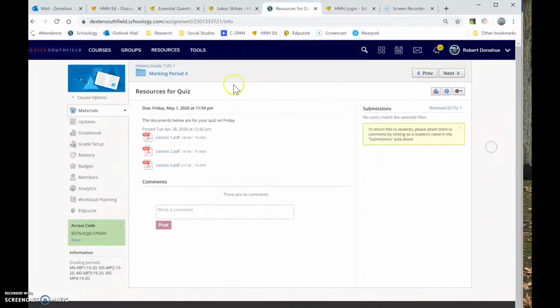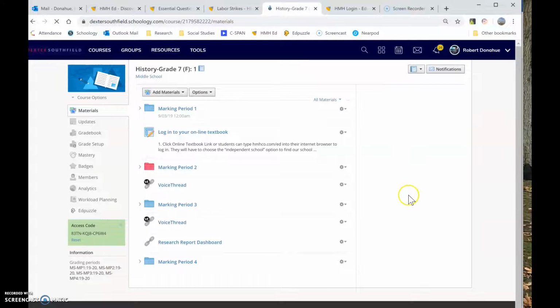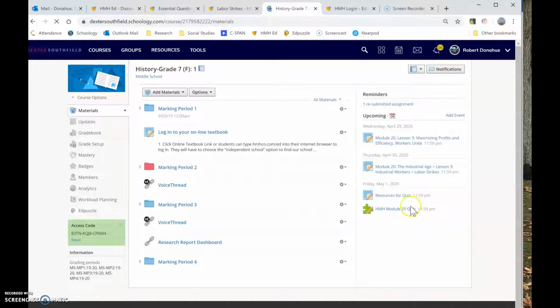So on Friday, going to our schedule here in Schoology, on Friday we will have our quiz. That'll be during your asynchronous period, so it's not going to be long. It's just assessing you to make sure you know the basic and the general stuff. And that will be during your asynchronous history block, and then I'll grade those. And then this weekend, as I said, I will get you a progress report for everybody showing their progress, what work they've done, what their score was for the quiz, and that.